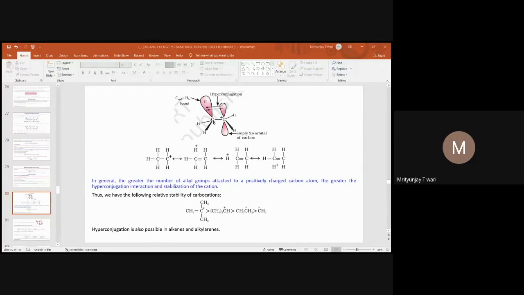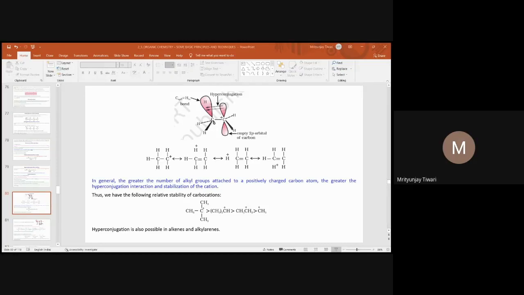Let us now look into the types of organic reactions. So there can be four different types of organic reactions. The organic reactions can be generally classified into four different classes. One is called substitution reaction, then the addition reaction, then elimination reaction, and the rearrangement reaction. If you understand the meaning of these terms, substitution, addition, elimination, rearrangement, you will also know the definition of what